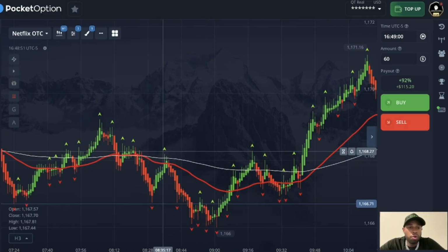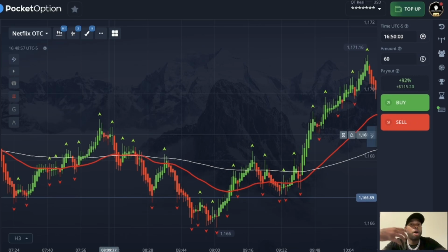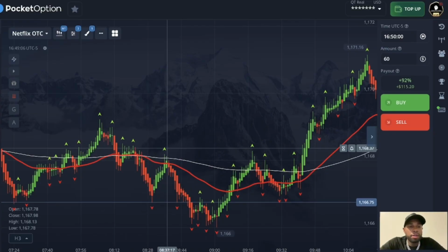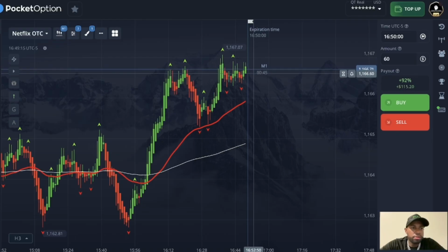Now, with auto scroll, you notice how when I scrolled back, it's still captured on the same screen. If auto scroll was on, then after a few seconds it'll automatically scroll right back. But no need for that, because I can hit this arrow here and price will go right back to the current period, which is right now.